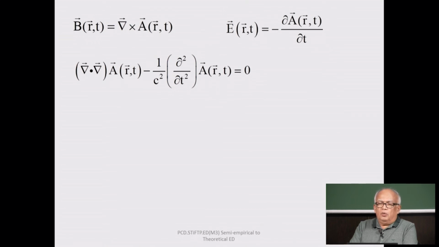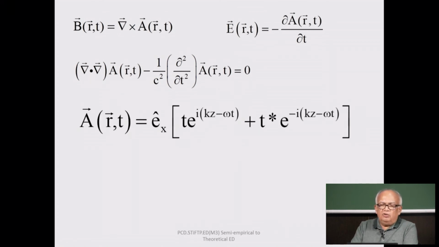So you have these potentials which satisfy the wave equation, and the solution to the wave equation is in terms of this. You can apply boundary conditions and so on, but essentially you are having a solution to the vector potential over here,